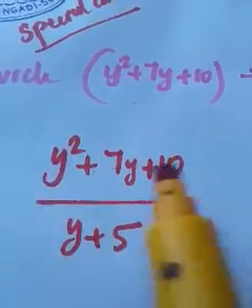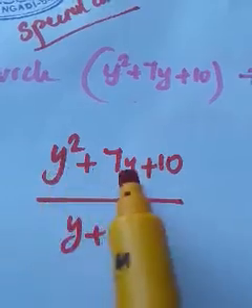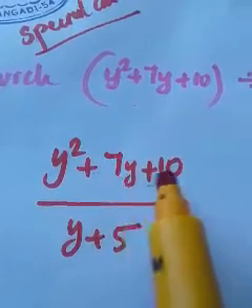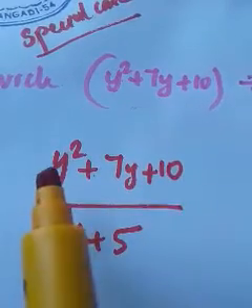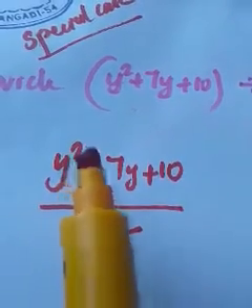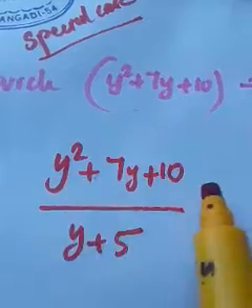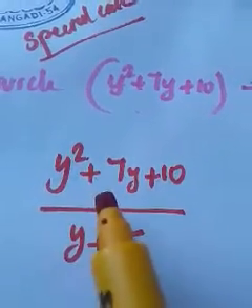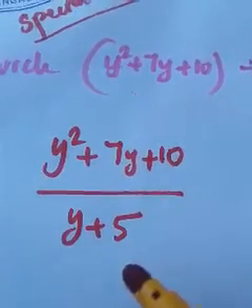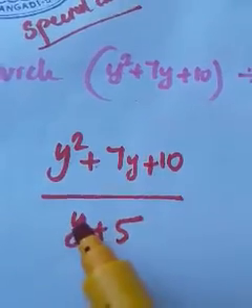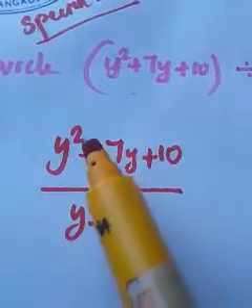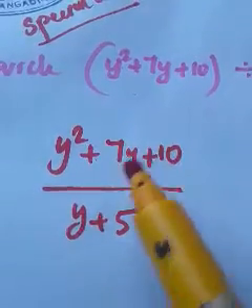Can you see any common? No. For the first two terms there may exist y, but the second and third do not share any common. That means when you consider the first, second and third terms together, you cannot identify any common term. So you cannot take anything common outside. Then how can we divide this? Can you cancel this y and this y? Never. Why? Because here the operation is addition, so we cannot cancel like that.